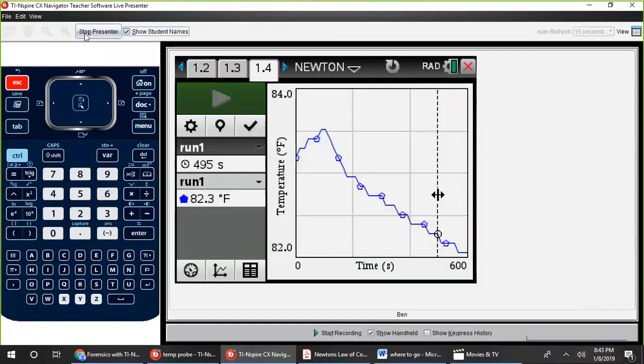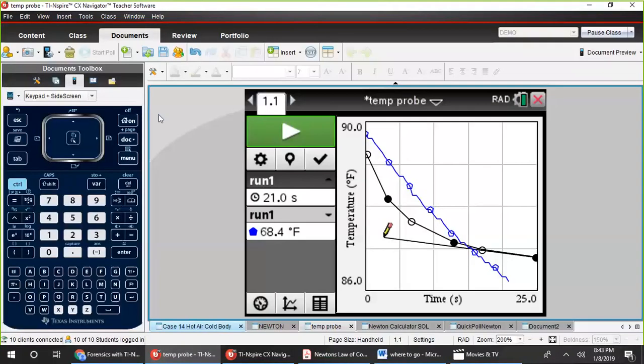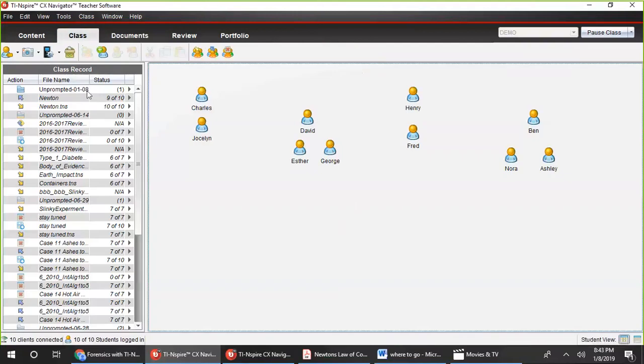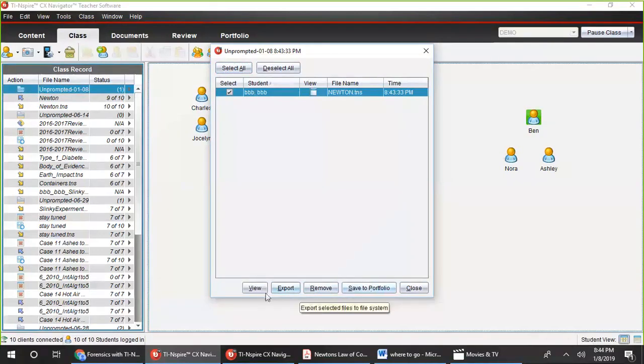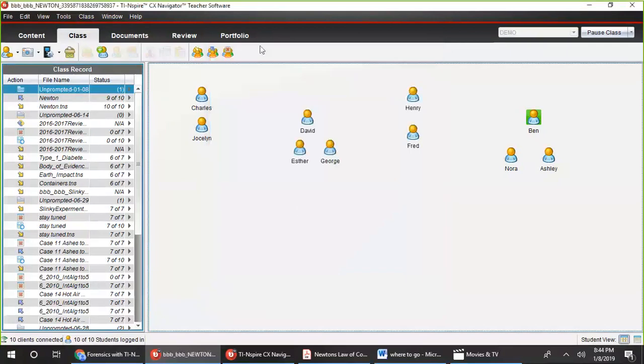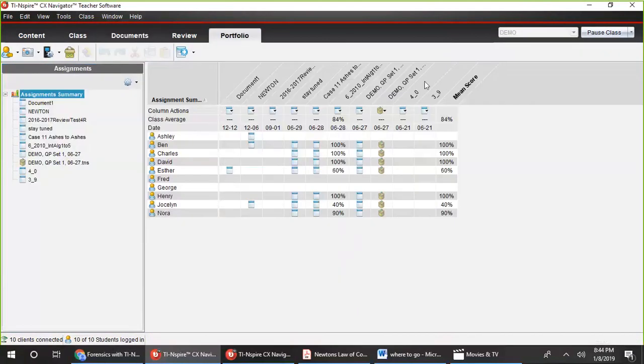So I will go to my unprompted folder, which is in the Class tab. Open it, and here's Ben's file. I select it, and I can view, I can export, I can remove, I can save to portfolio, or close. Audrey mentioned portfolio is where all of our students' records are housed.